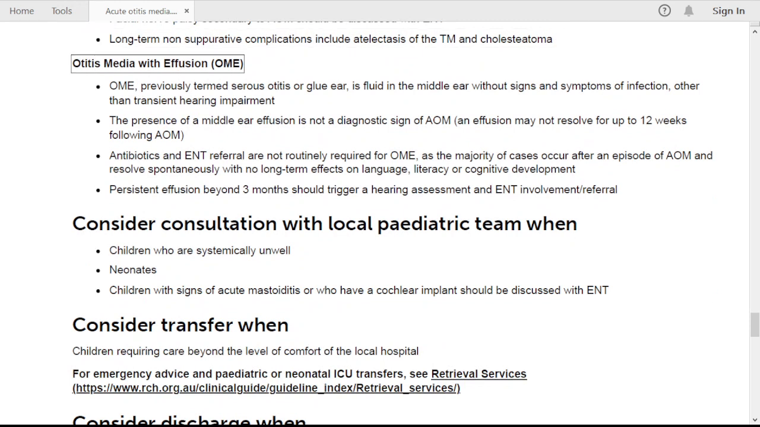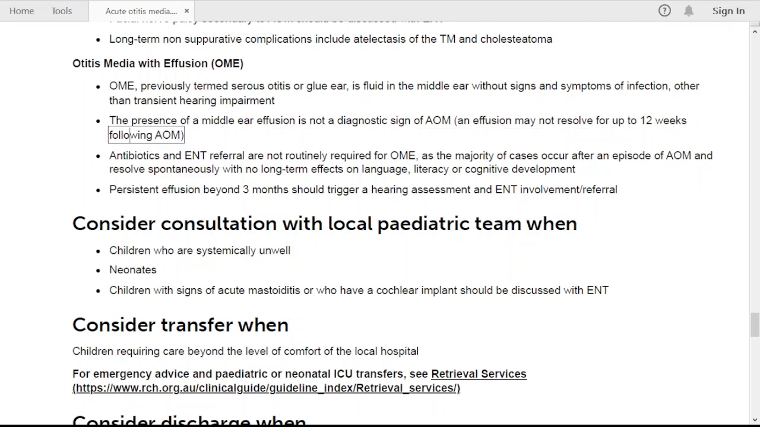Otitis media with effusion, OME. OME, previously termed serous otitis or glue ear, is fluid in the middle ear without signs and symptoms of infection, other than transient hearing impairment. The presence of a middle ear effusion is not a diagnostic sign of AOM, and effusion may not resolve for